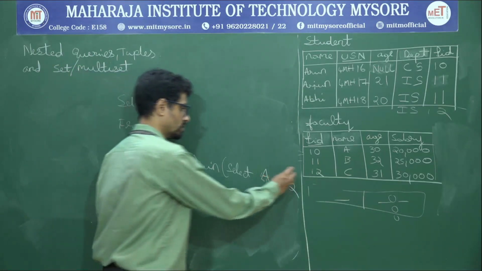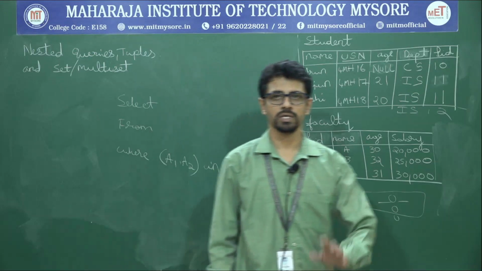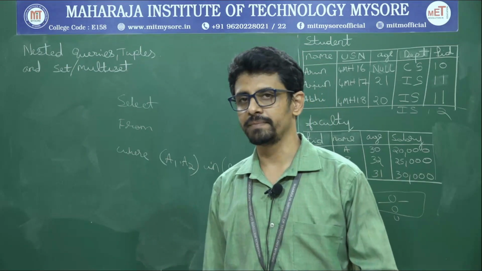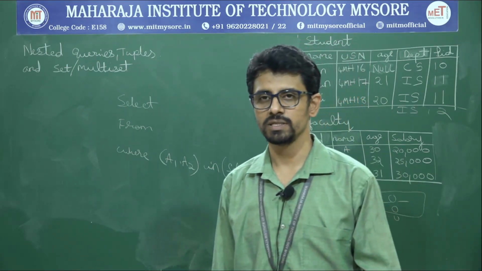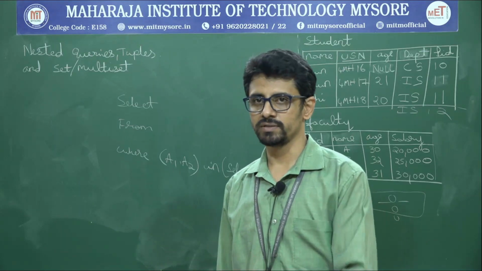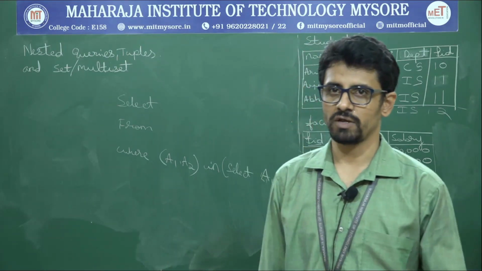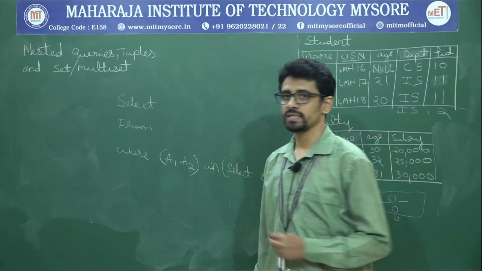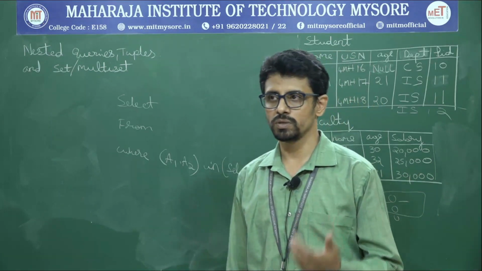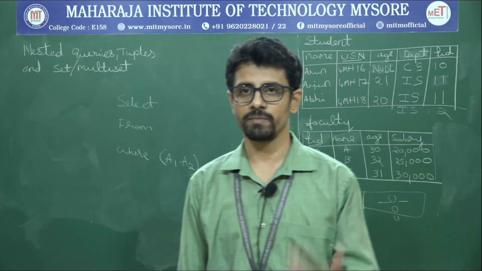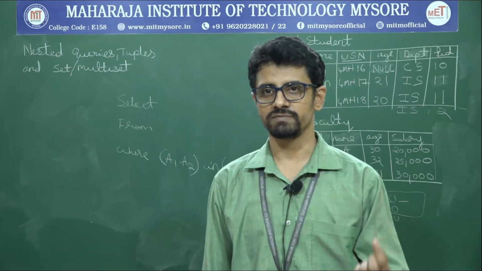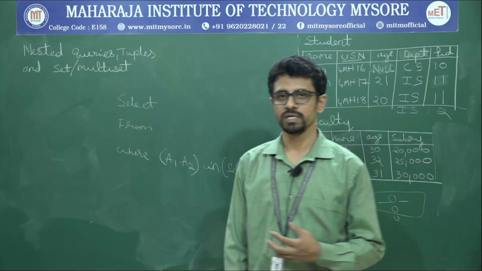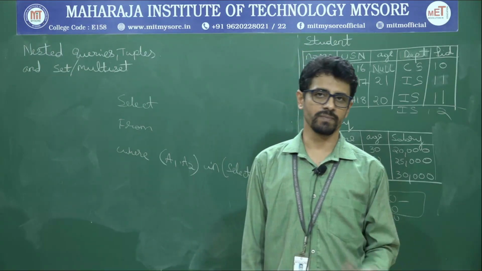In this video lecture we discussed the 3 valued logic of a null value, where null can be interpreted in 3 different ways. Based on that, we need to write a third value called unknown, with true, false as well as unknown for the AND operator, OR operator as well as the NOT operator. Followed by that we understood the 2 operators used to verify whether an attribute value is null or not, is null and is not null. Followed by that we understood what nested queries are, how to write them, and what is set and multiset.